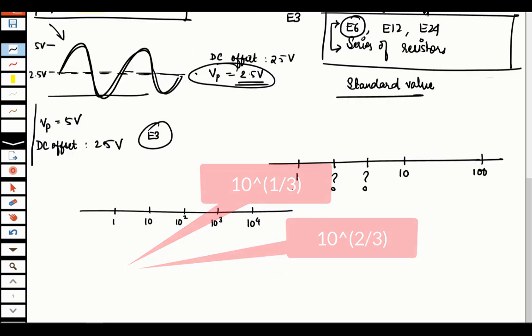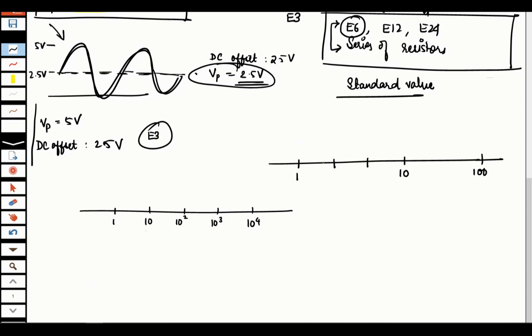Just on that note, if I have to round it off also, in the E3 series my manufacturer is going to give me 1 ohm, 2.2 ohm, and 4.7 ohm. The next value will be 10 ohm. And then the next values will be 22 ohm, 47 ohm, and then 100 ohm.